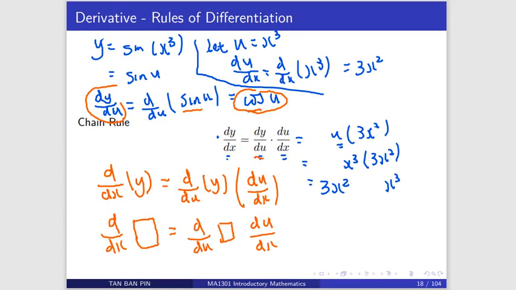If you do chain rule, you find the dy/du here, and then you copy the answer into the chain rule formula. Then when you copy, you might make a careless mistake. So this one should be cosine u, cosine x cubed. It's cosine u, u is x cubed. So it's 3x squared cosine x cubed. So we have the same answer.